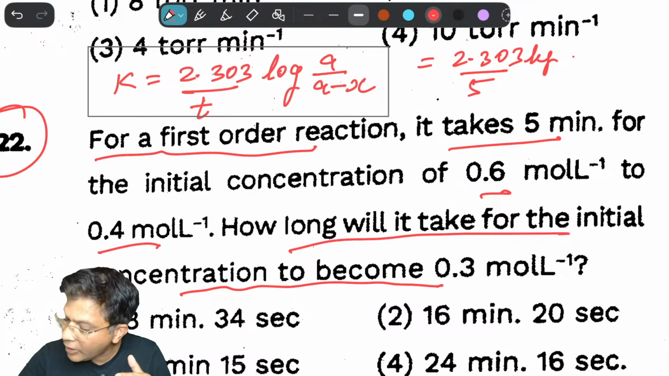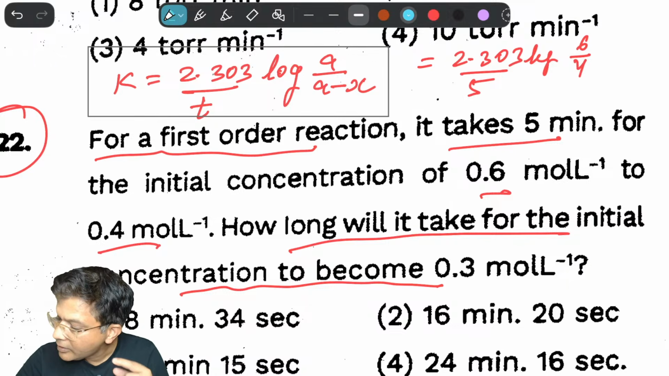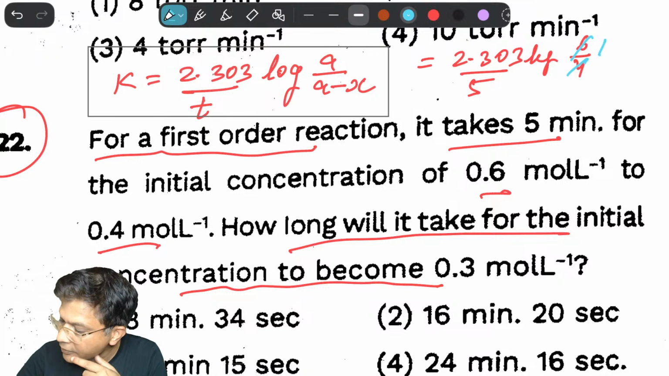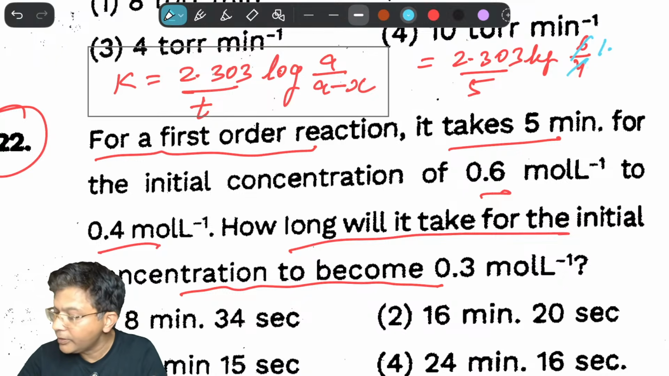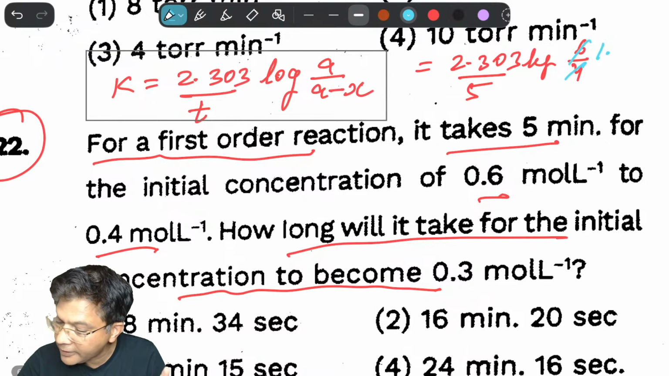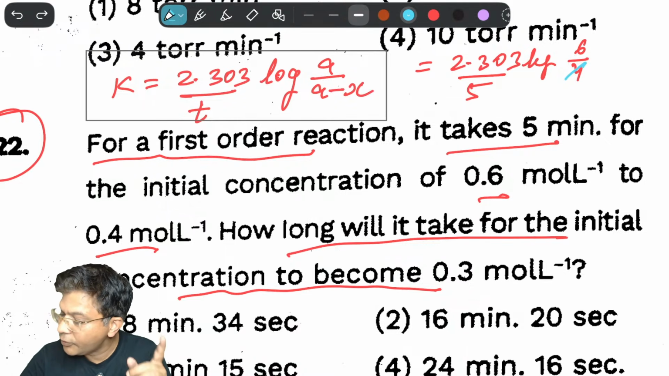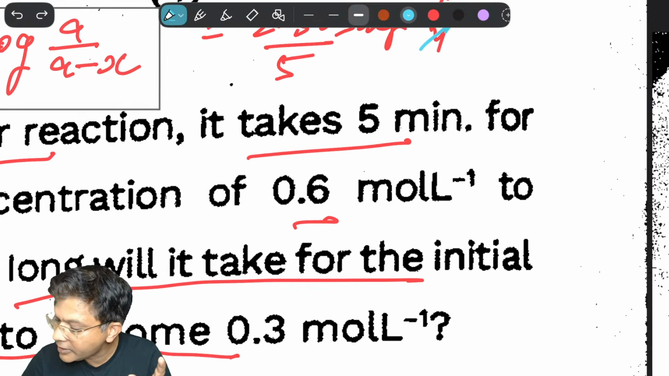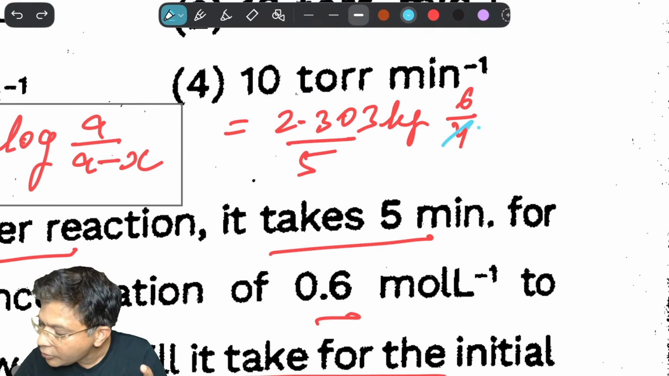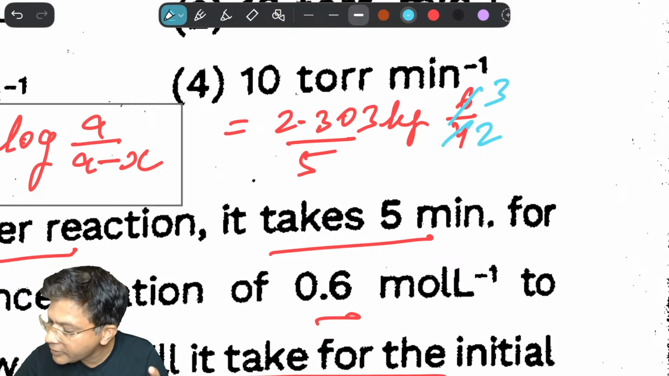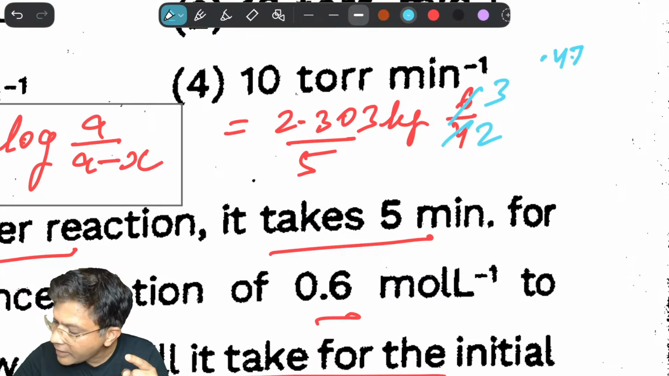6 upon 4 is how much? Can I divide it by 4? But you don't know the log, so do one thing. If you don't know log 6 minus log 4, log 6 is how much, kids? Or you can do one thing, 2 times 3 is 6, 2 times 2 is 4. Log 3 is 0.477 and log 2 is